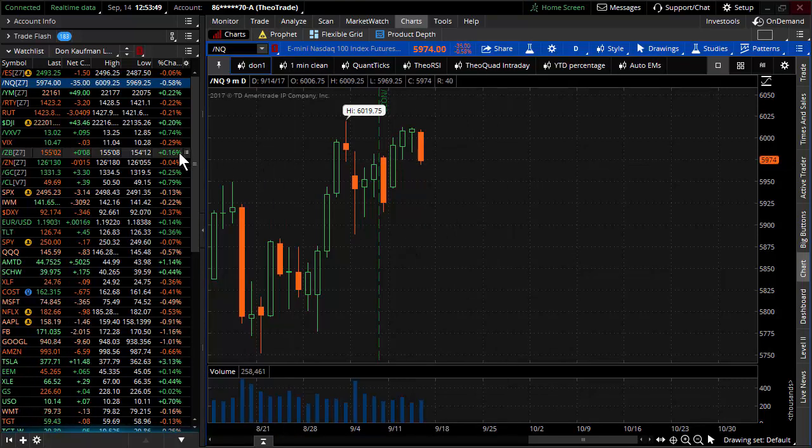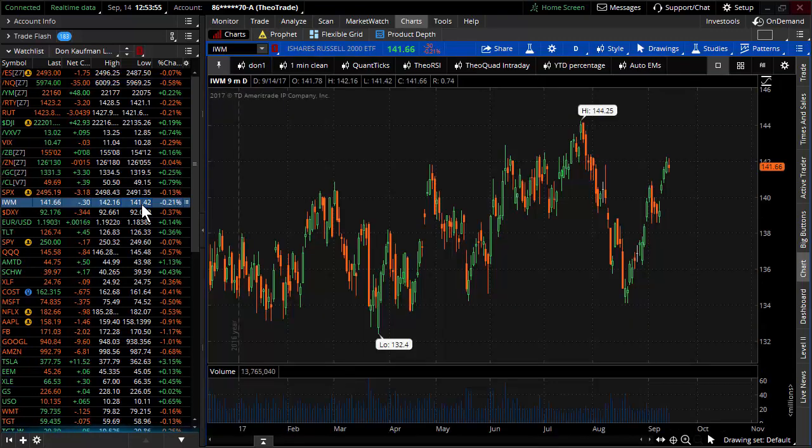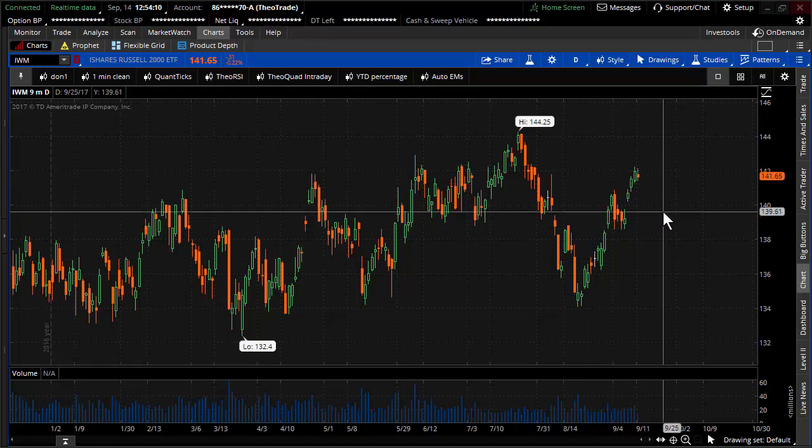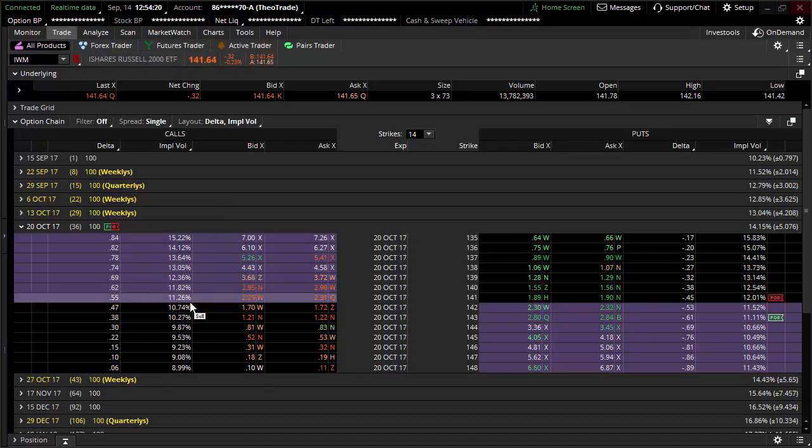Nevertheless, let's get right to a trade idea that I want to bring into focus right now, specifically inside of the IWM. Now, a lot of people start their search for trades on the charts, trying to assess what they think the next move is going to be. However, I look at this business very differently. I look at a number of major factors, one of those including implied volatility and what we term skew, which I'm going to bring up momentarily.